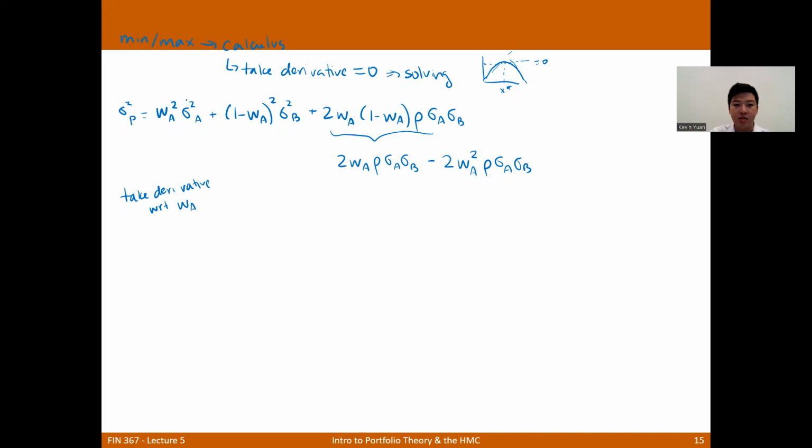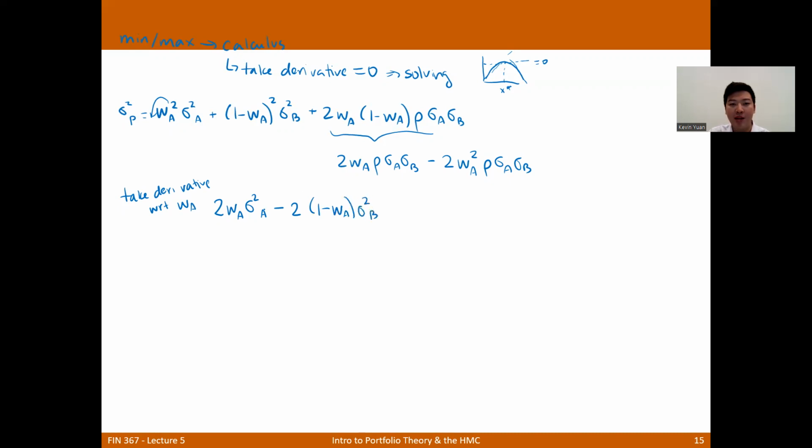So if I take the derivative, you'll remember from your first year calculus, you take this exponent, bring it down, subtract 1, so you get 2 WA sigma squared A, minus, so I'm going to bring this 2 down, so 2, 1 minus WA